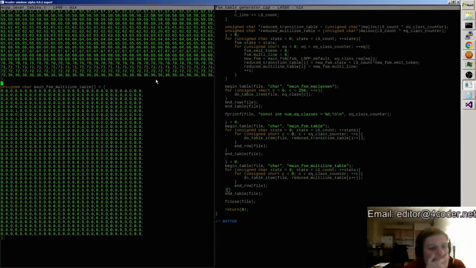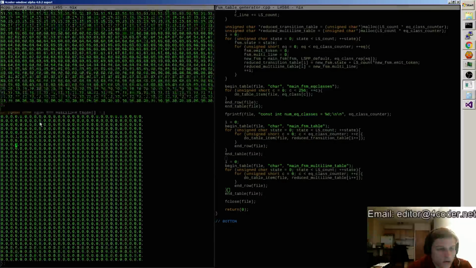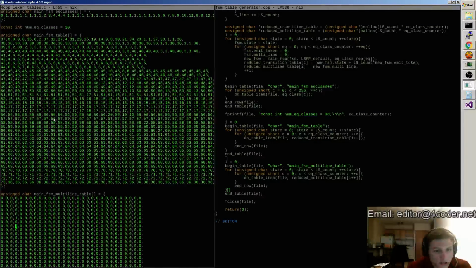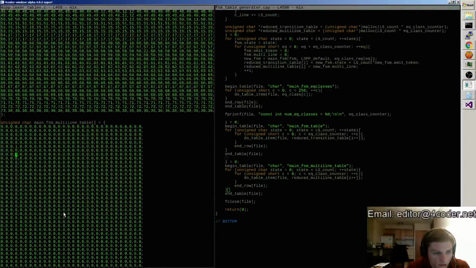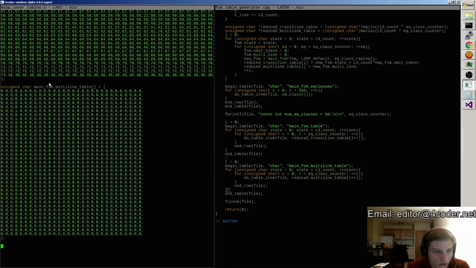But the other option would be to make multi-line a pair of states. The only reason to have that is to reduce the number of states, but I don't think it would kill to actually just add in two more states to represent those states after multi-line has been set to true, because multi-line just basically gets ORed in. And this is obviously super dumb,